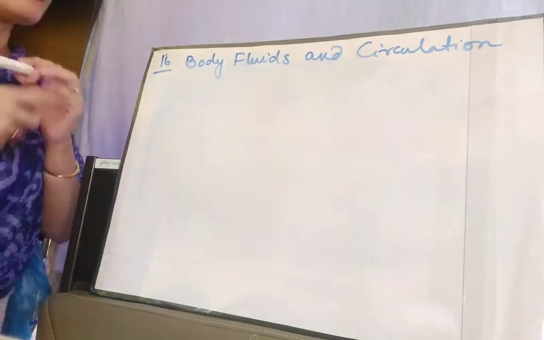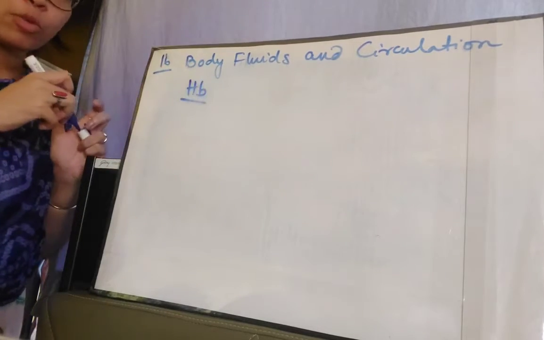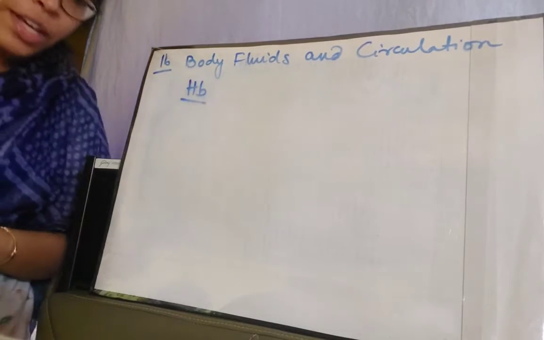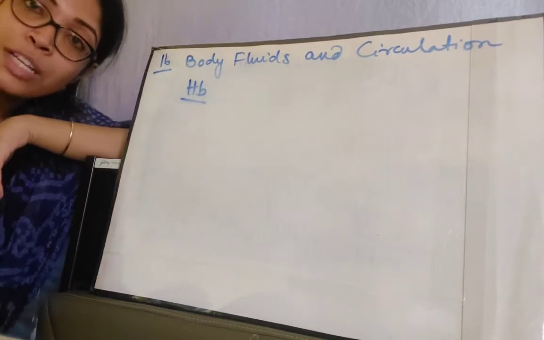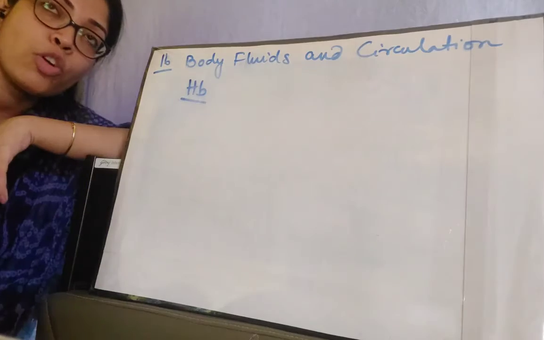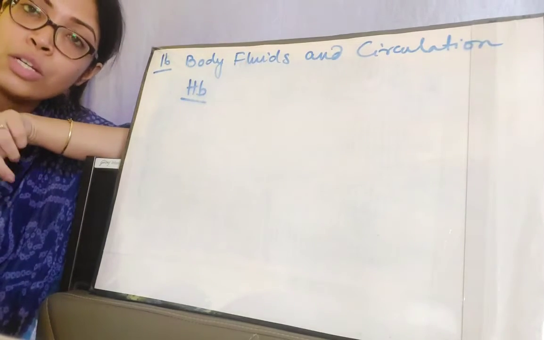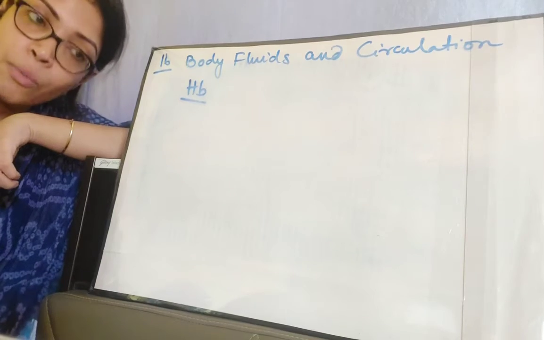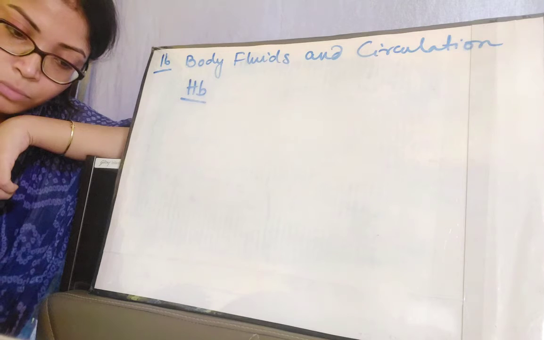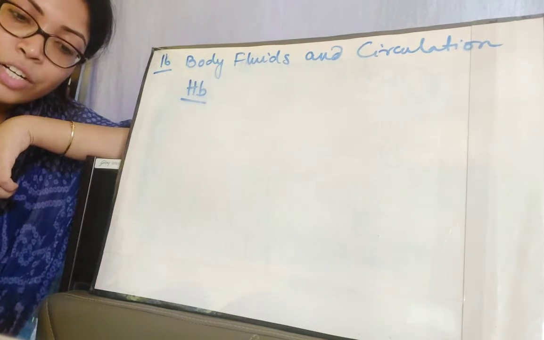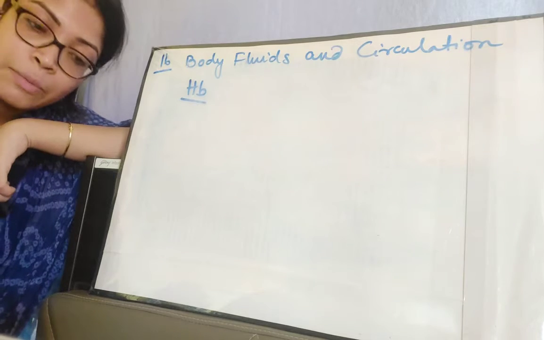Next I am going to talk about hemoglobin in detail. Hb is the short form of hemoglobin. Going into the function of hemoglobin first, it is a red colored pigment, also known as the respiratory pigment. Why is hemoglobin known as respiratory pigment? Because it helps in cellular respiration in our cells, since it carries oxygen and carbon dioxide to all the cells. It is a red colored respiratory pigment of blood present in RBCs of mammalian blood.